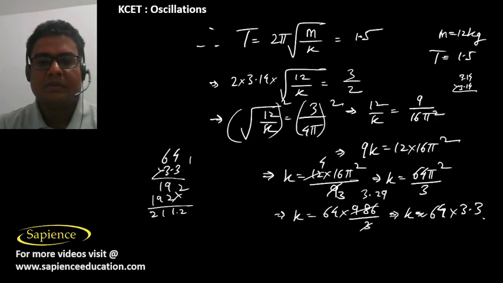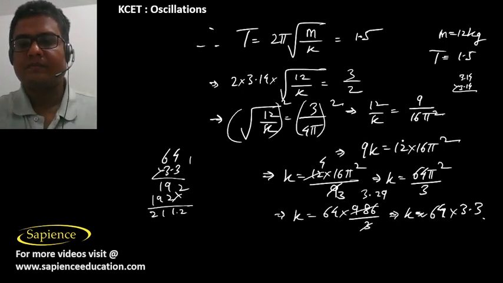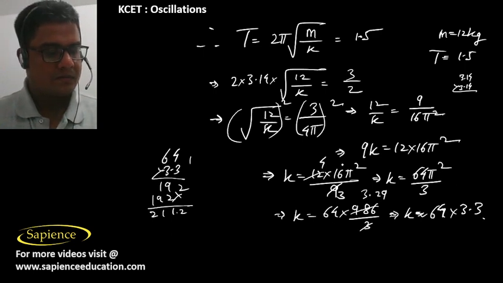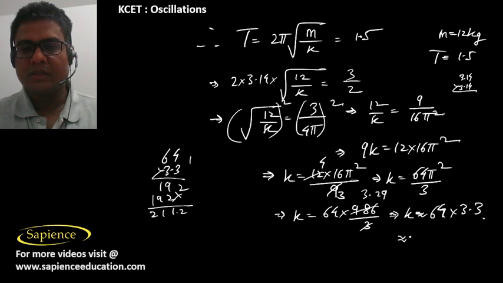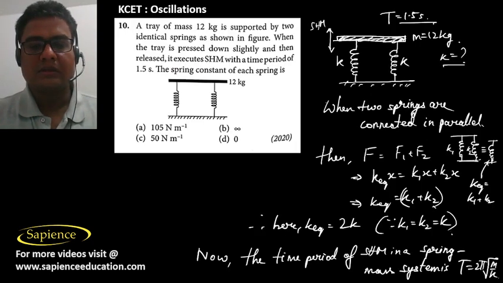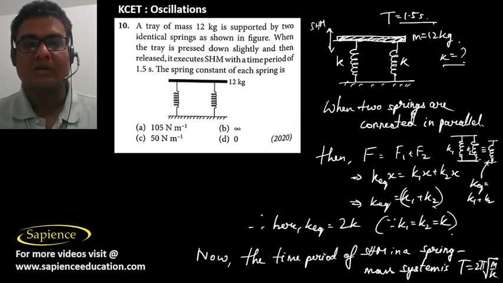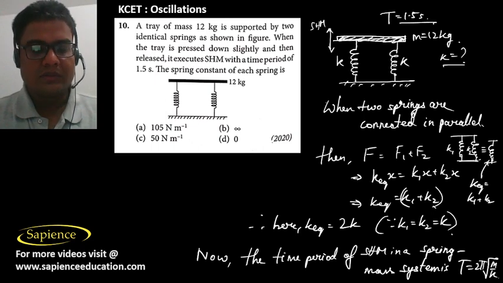So k is 64 pi square divided by 3, approximately 211.2. Now we have to choose the option which is closest to our answer. So that is coming 105